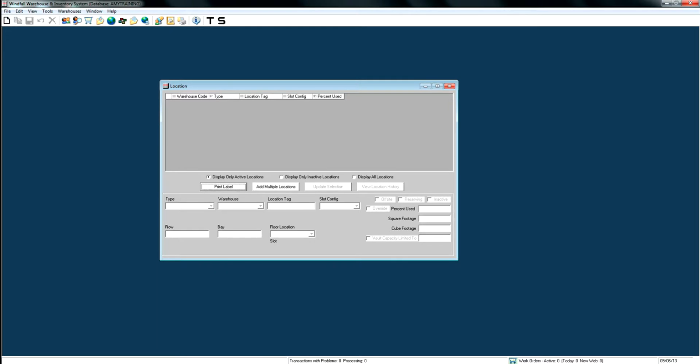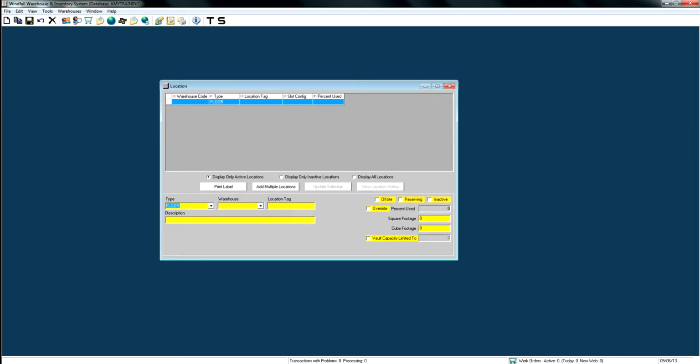So to begin, we always hit the white page to add new in Windfall. And I always work left to right throughout the software. So we start with type, and you can select from the drop-down. Again, these are all the types that I've just listed. So we'll select floor. You must select your warehouse code, because if you have more than one warehouse code, you'll have to say which warehouse code you want to designate these location tags that you're creating. So you select the warehouse code,